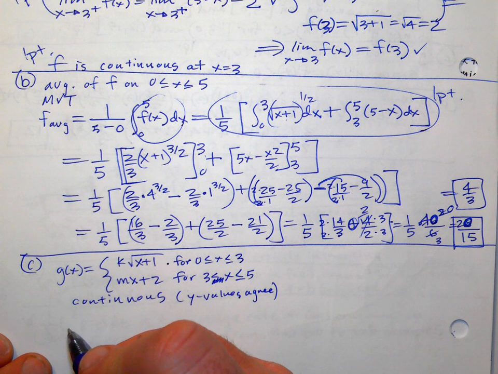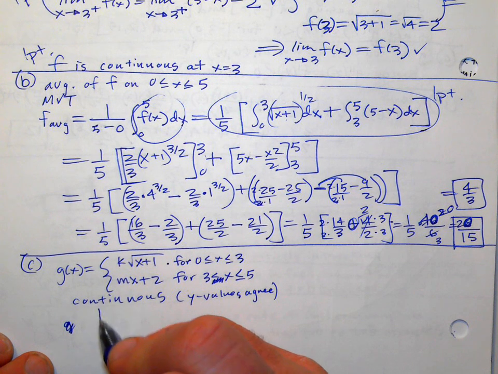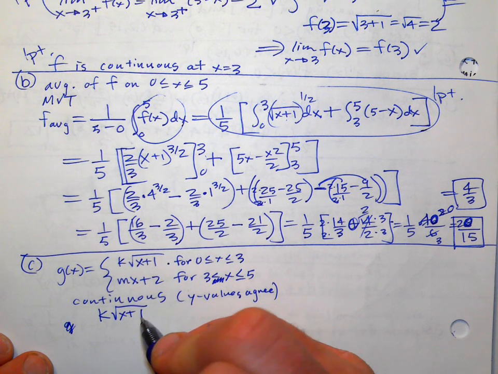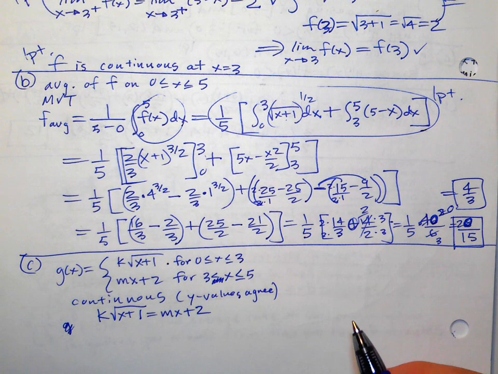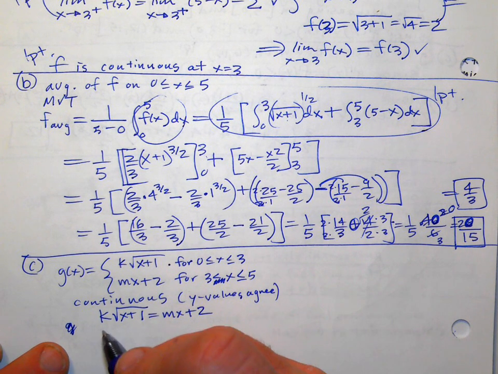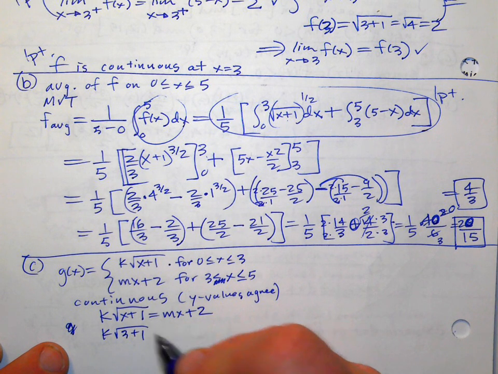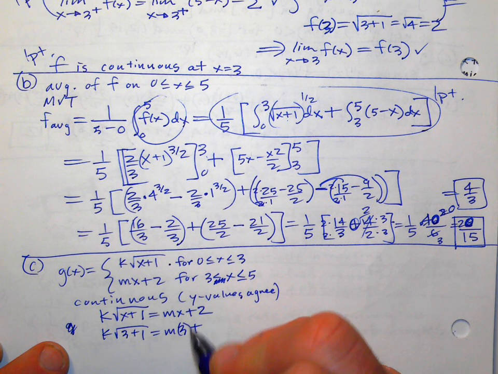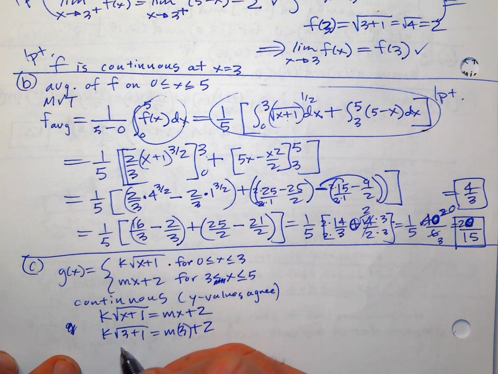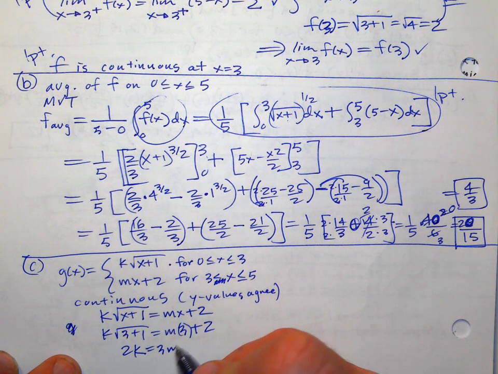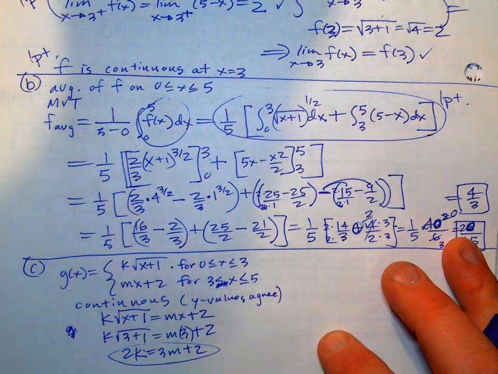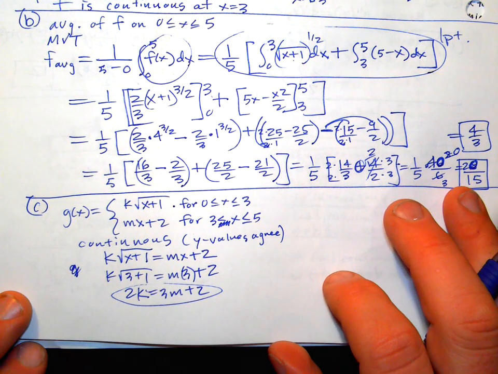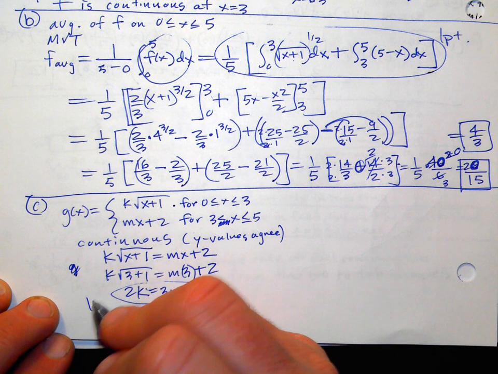So if I plug, so they have to equal each other, right? In general, and we're talking specifically at x equals 3, right? So we're going to plug 3 in. And so that's going to be square root of 4. So this is going to be 2k equals 3m plus 2. This is one thing that has to be true. And there's 2 unknowns, so we need 2 different conditions. So then, you get 1 point for establishing this, and then the other thing is